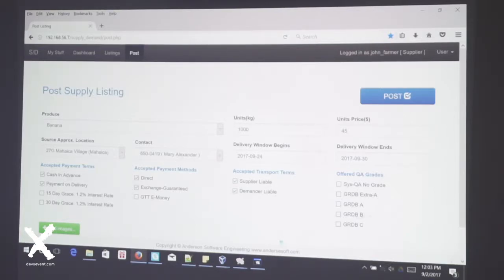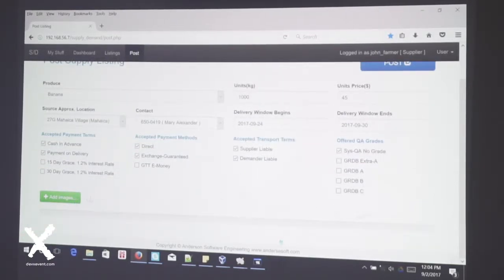farmers. And offered grades. Right now, we just have some grades for rice, but I think if this is successful, eventually we're going to have grading agencies coming up that you can pay a fee and get a grading certificate, and those certificates will be listed here. So when you're posting with one of these selections, you are saying that this produce is going to be supplied with a certificate that certifies it to match this grade. Or you can say it has no grade, or you don't have a certificate. So that's the no grade.